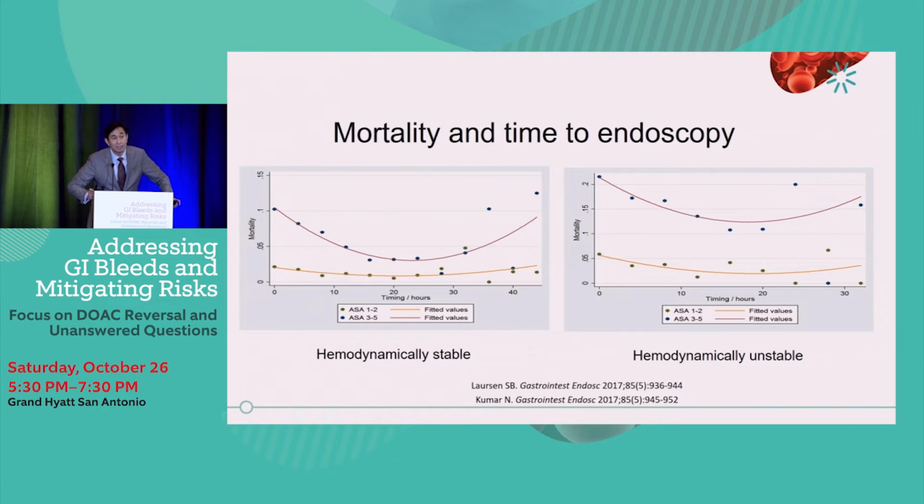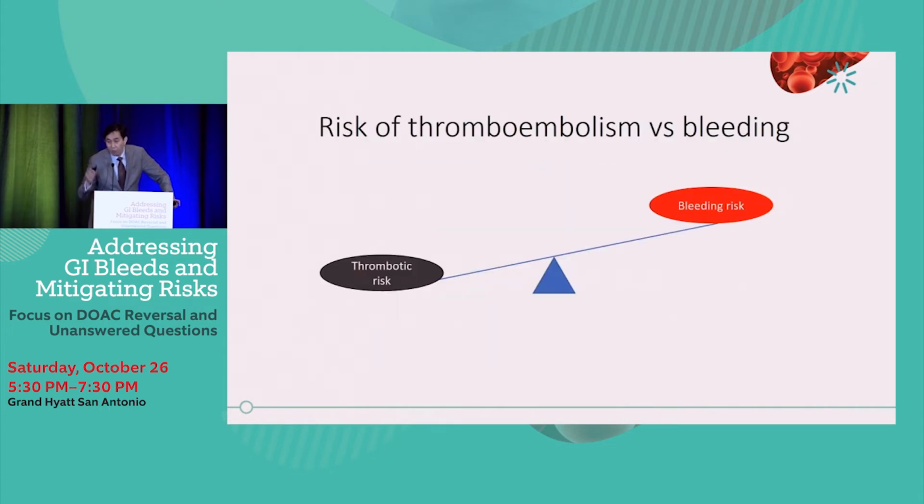My guess, and I think you would probably agree, is that that's the time we were able to adequately resuscitate the patients. So the patient's hemodynamic parameters will allow us to be as aggressive as we need to be with the medications and due diligence in terms of doing the endoscopic interventions. So when we discuss reversing the agents or giving the anticoagulant agents, basically it's a balance game between reducing the risk of thrombotic events versus increasing the risk of bleeding. And when we reverse it, obviously it's vice versa.